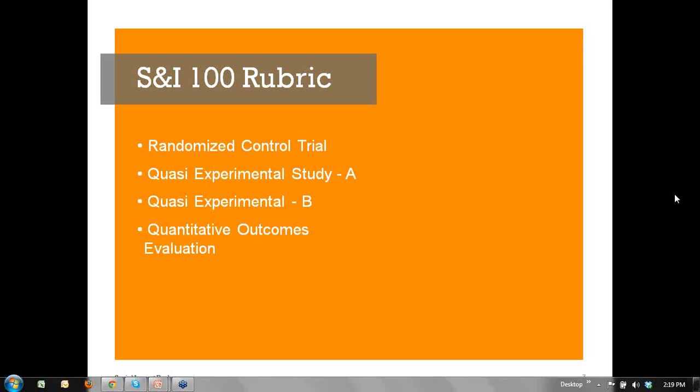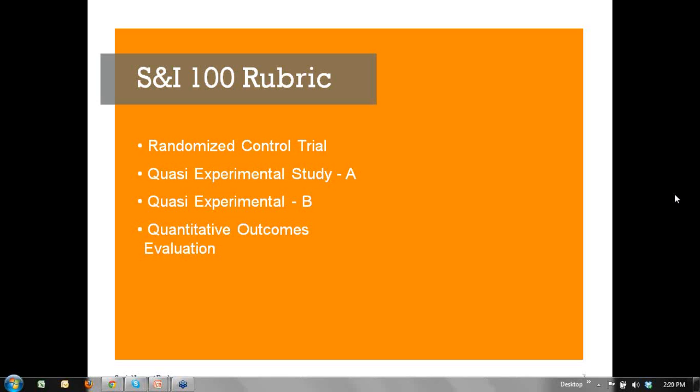And then also I'd like to emphasize the other point of having scalability in a steady state, and why for the SNI 100 and the application process through here, a formative evaluation is not appropriate for this work. While we also believe in the value and the importance of formative evaluations to help organizations fine-tune their models and make adjustments as needed, it's not what we can review in terms of evidence and outcomes and impact.